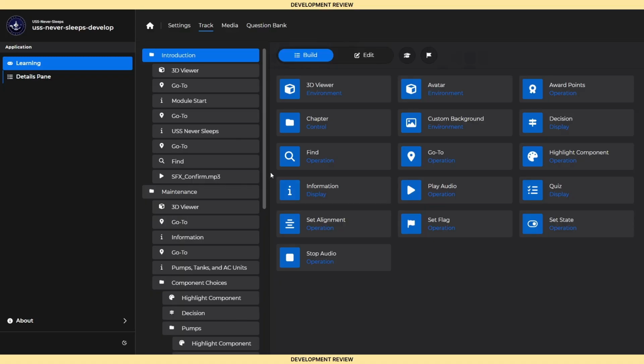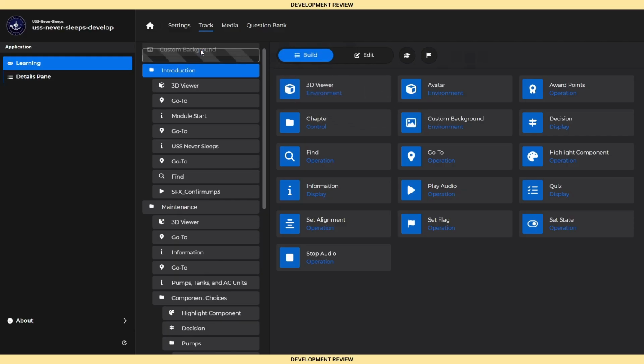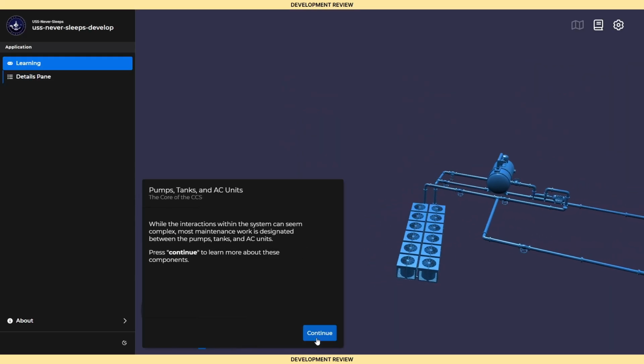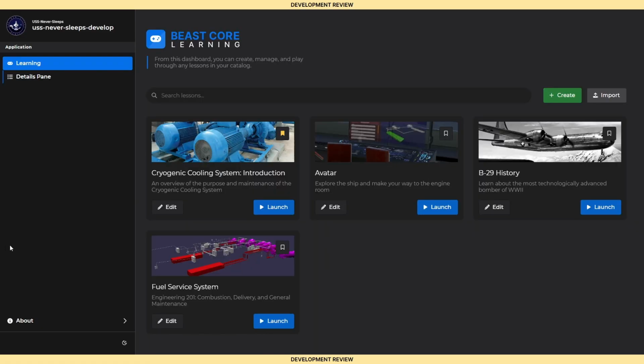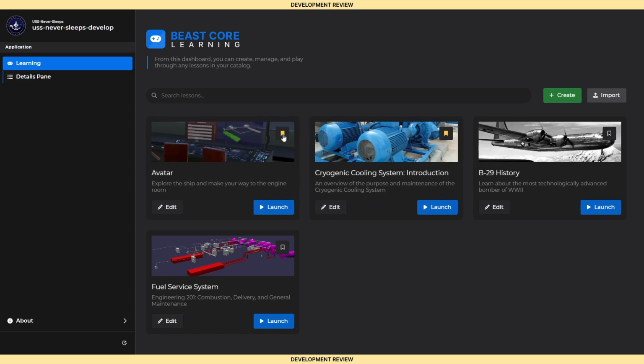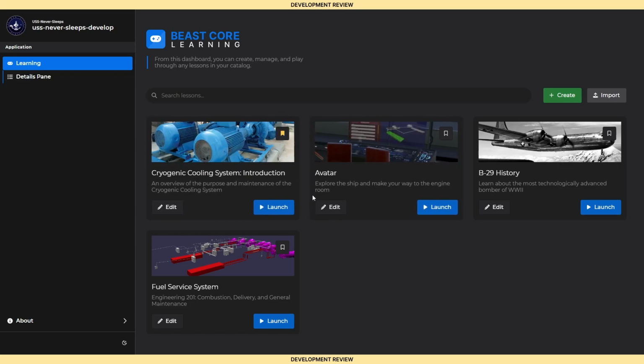The application is split into three main parts: a drag and drop editor for creating and maintaining courses, the viewer for lesson playback, and the dashboard, which displays your available lessons and will generally be your entry point to the application. On the dashboard, you can bookmark lessons in your catalog, create entirely new modules, and play or edit any